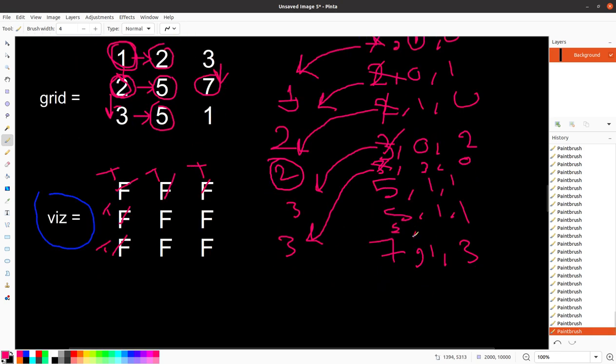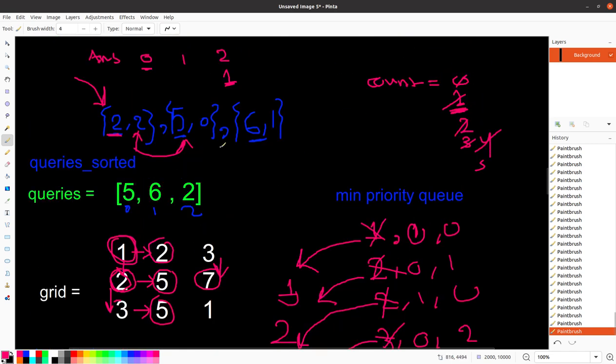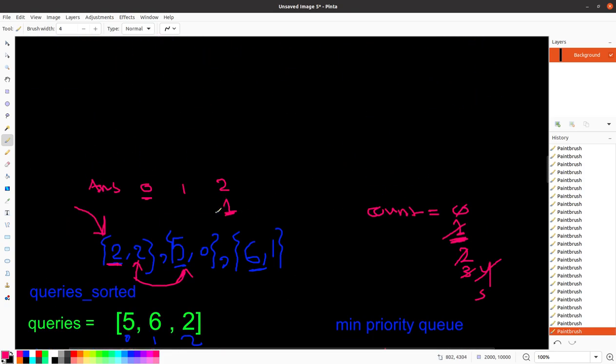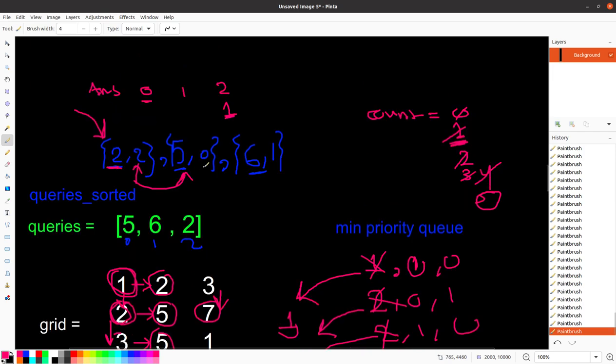So 5 2 1. We pop this 5 from the queue. 5 is less than 5, no, and here we know that we have to stop for this query, and our result is 5. So query index is 0. We store 5 as an answer,